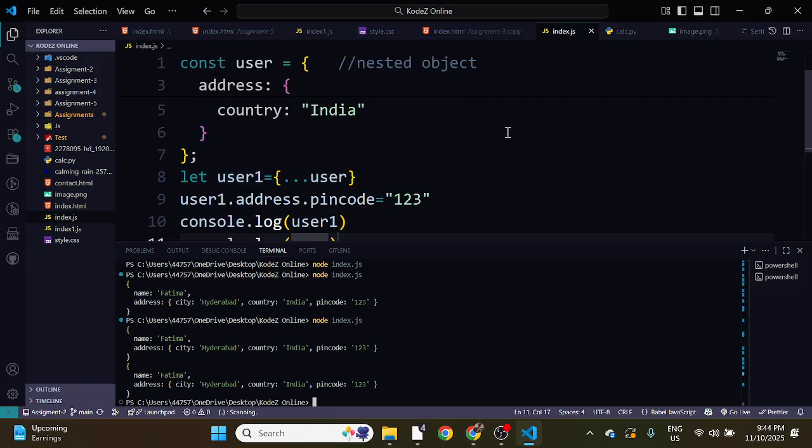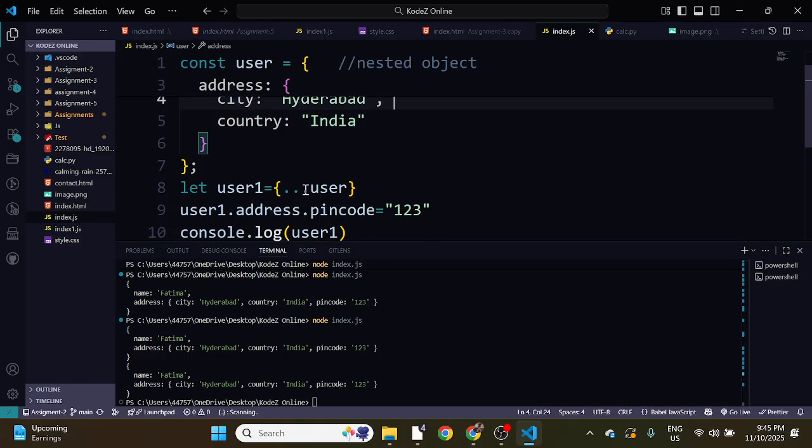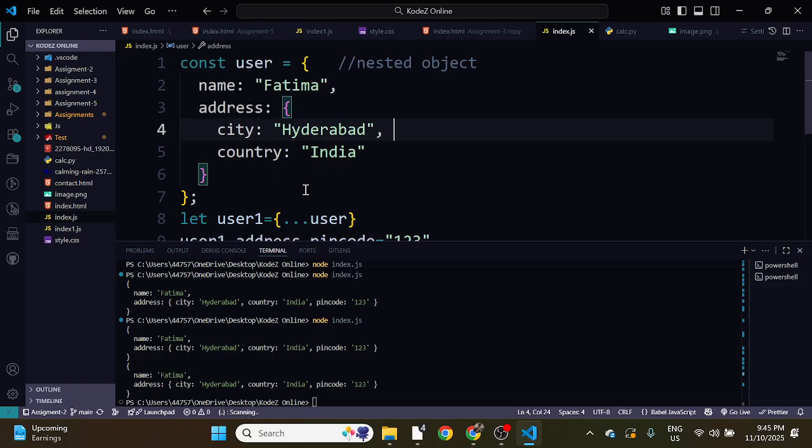Shallow copy means it will copy only the upper key value pairs, not the nested ones. The nested ones are still memory referenced. Getting my point? See, the upper object, the inner objects. The inner objects are still dependent on your memory address. But we learned that when we use the spread operator, the variables are independent, right? But still we have one drawback: if you have a nested object inside it, they are independent,